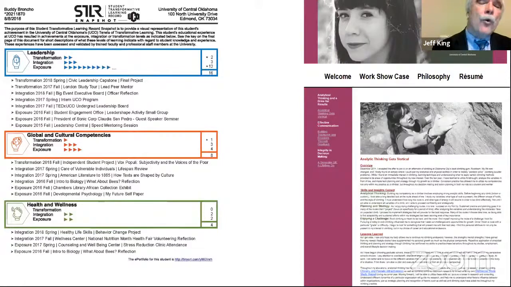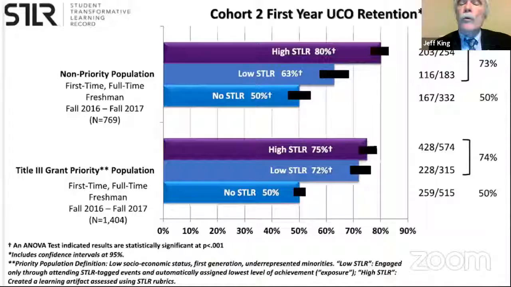That formative process means students see where they are in terms of their own development, and it becomes assessment for their future learning. We've been absolutely delighted that this kind of student engagement in our Stellar process has had